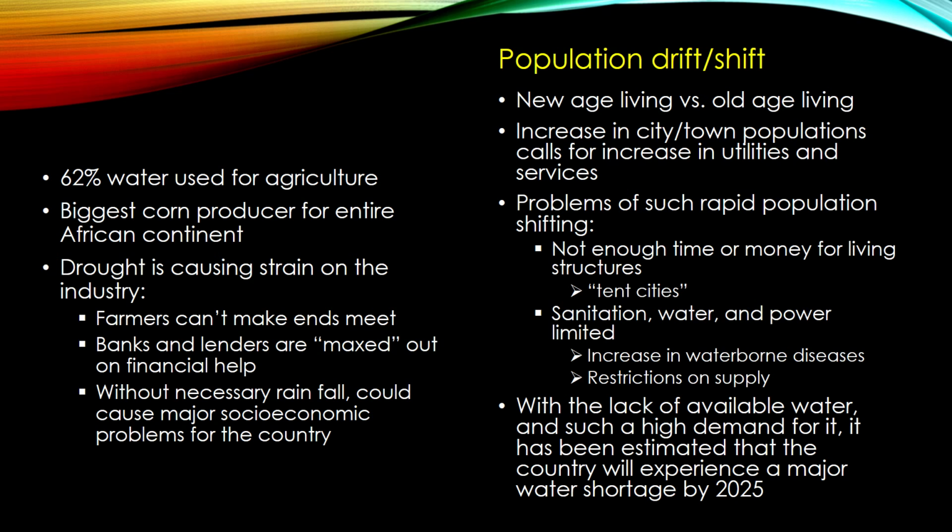Another research, more research was done on this population shift, and this was from the Council for Scientific and Industrial Research. They said that with this population increase into cities, there's going to be a need for economic growth, and with a drought and lack of supplies, lack of water and everything like that, things are going to have to shut down, and allocations of water are going to be changed. So this increase in population is going to put a strain on the water resources of South Africa.